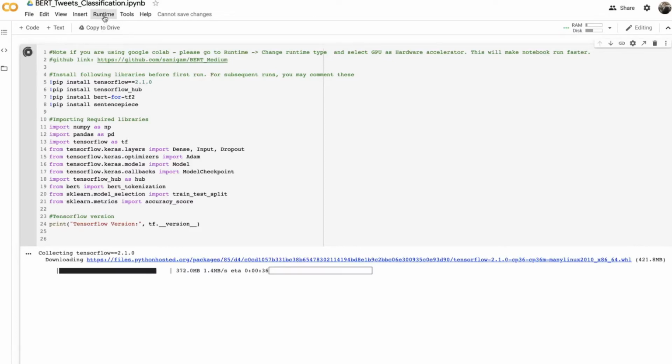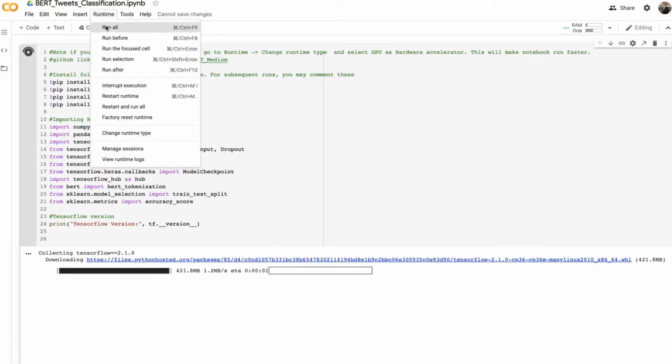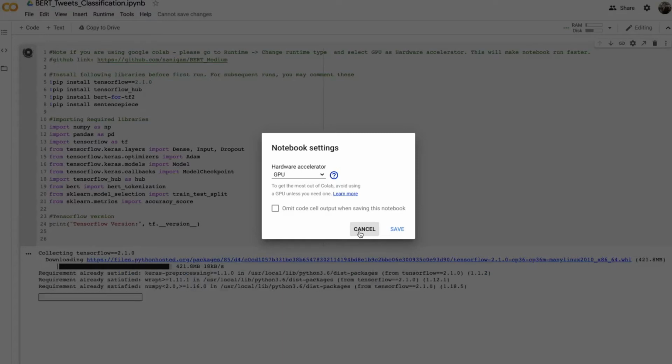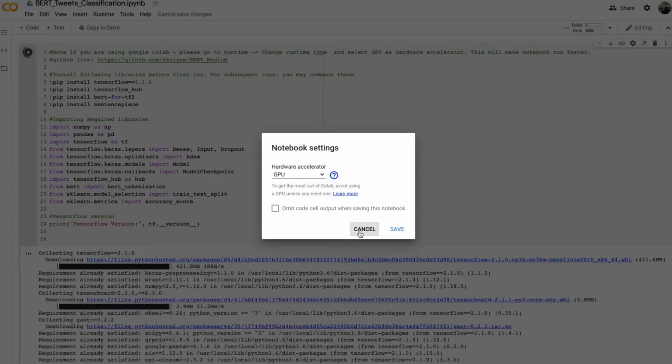One important thing I want to mention here is to make sure that you go to the runtime and change the runtime type to GPU, especially for this code where I am doing the fine tuning of the model. You need to have GPU enabled, otherwise it is going to take much more time.